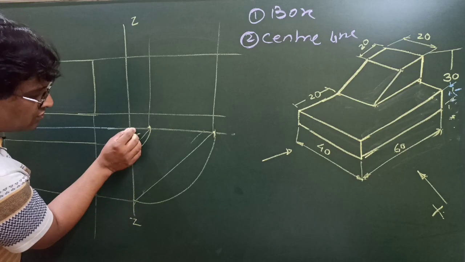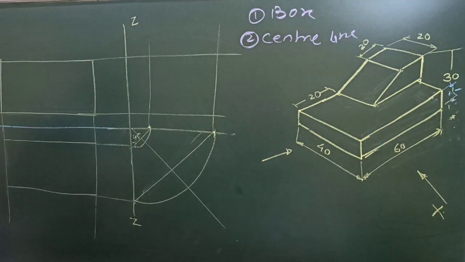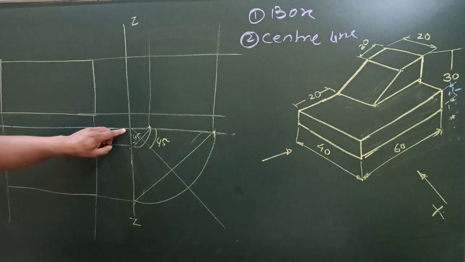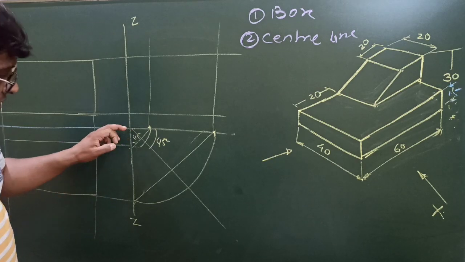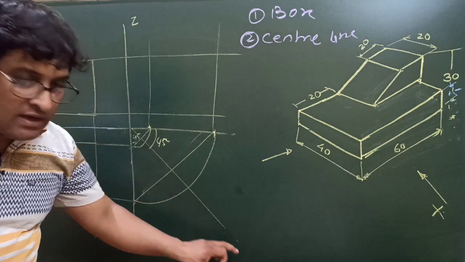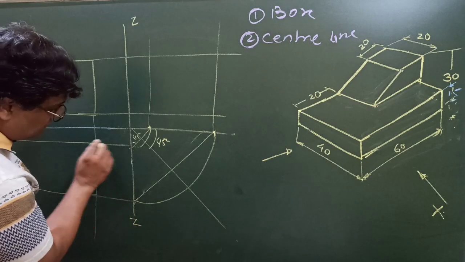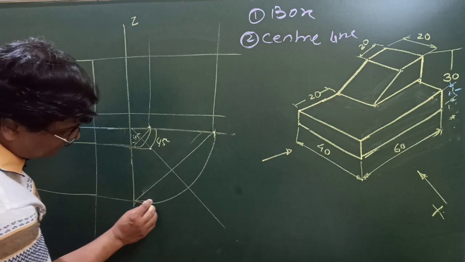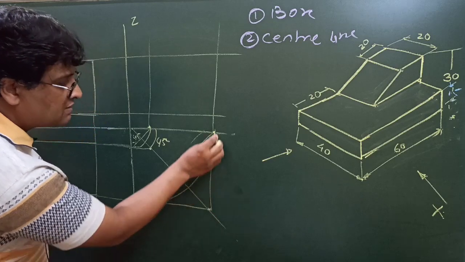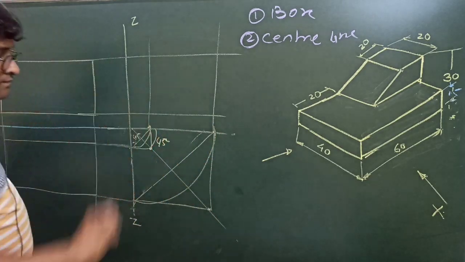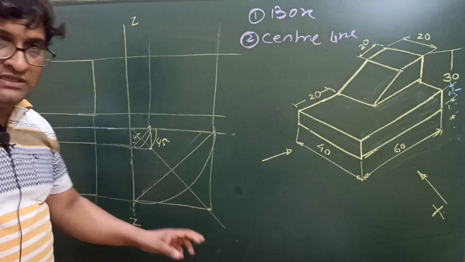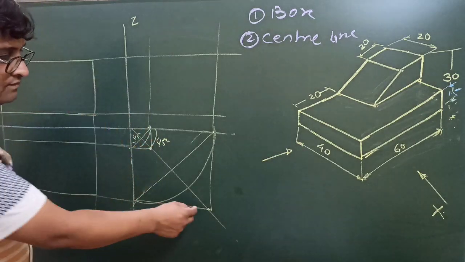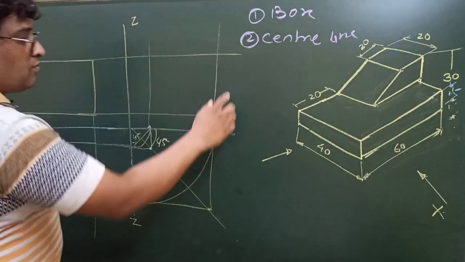And the third and the most easiest method is take a line at an angle of 45-degree here, means at the point where ZZ axis is cutting XY line, from this point draw a line at an angle of 45-degree and project these lines up to this 45-degree line, this point and this point, and then vertically upwards. So this is the easiest method, right? You can just take lines up to this line and project upward. So you are getting another box for the side view.